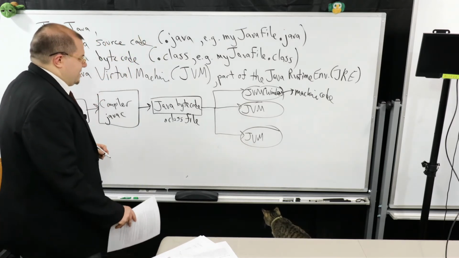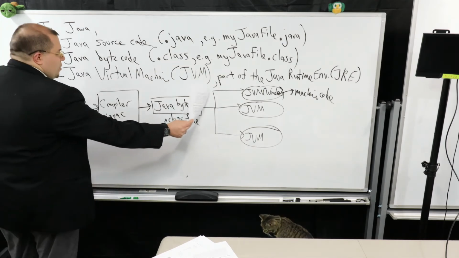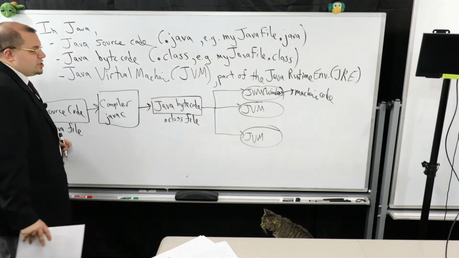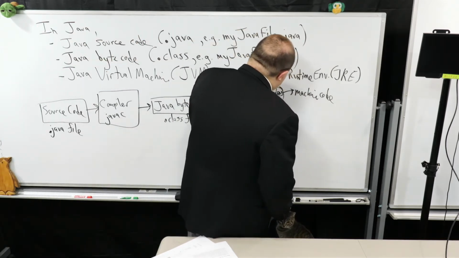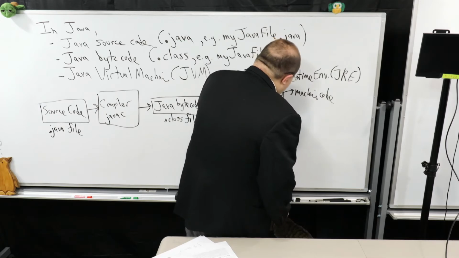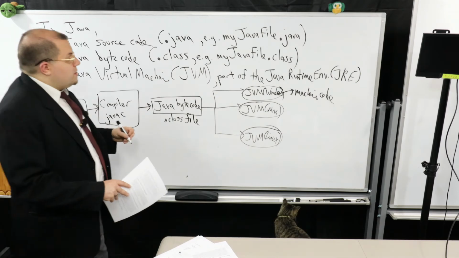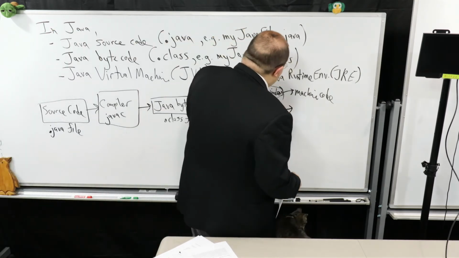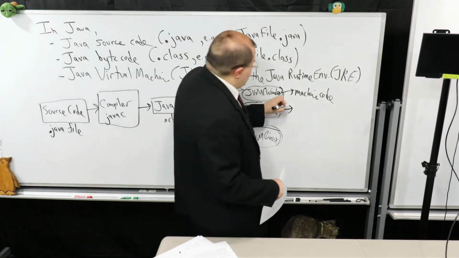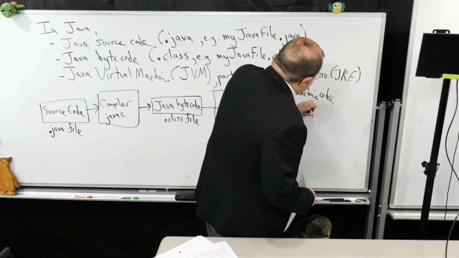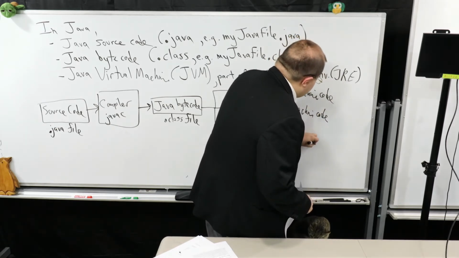It's kind of interesting. Now, the big perk about this is notice that if I have Java bytecode, I can have multiple different kinds of Java virtual machines. One maybe for each one of the major operating systems. Like say I can have a Mac. Maybe I can have Linux, for example. The point being is each one of these can have its own JVM. So you can have a Windows machine, you could have a Mac machine, you can have a Linux machine. And each one will produce machine code that gets run on the computer.